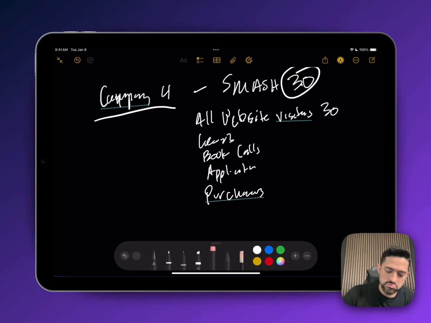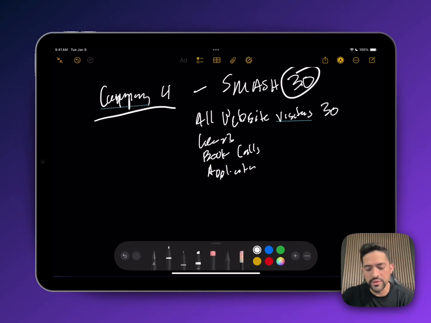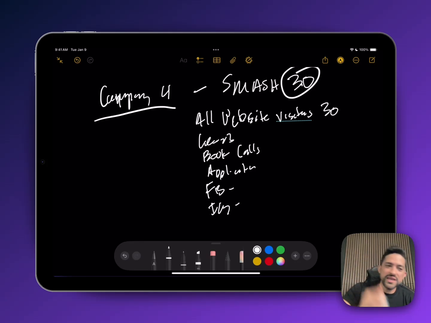Actually, we can just remove that one because I know I'm going to get people asking, what about all website visitors, leads, book calls, applications, people that engaged with your FB, IG. So I want anybody that took any action with you, got inside your ecosystem one way or another. I want to just hammer them with nurturing content. Every time they come in, they're like, oh my God,